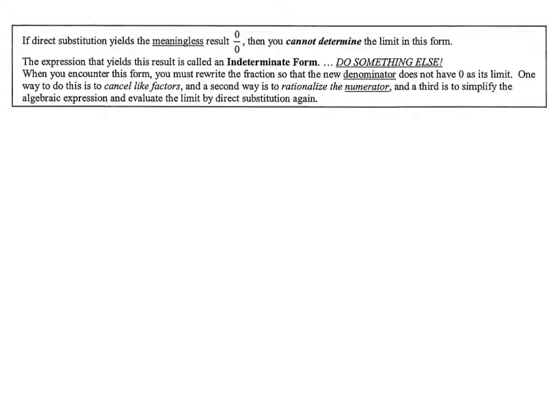Welcome to the second video on how we simplify limits. We are currently looking at what we call the indeterminate form when we are trying to figure out what a limit is. We plug in the value, try to do direct substitution, and we get 0 over 0. In this video we're going to look at an example for the second sort of